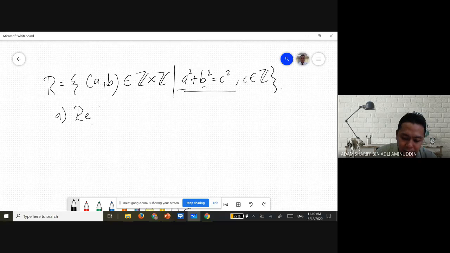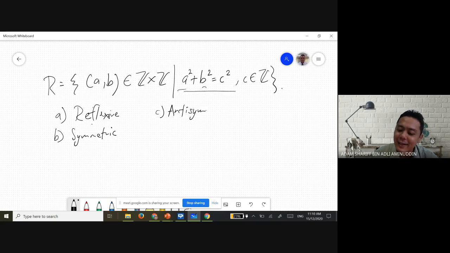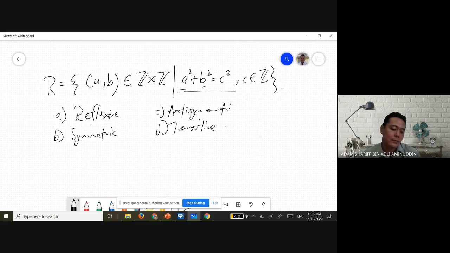Is this Pythagorean theorem reflexive? Is it symmetric? Is it anti-symmetric? And of course, I can ask whether this is transitive or not. Saya boleh, kamu nak saya jawab, saya akan jawab satu je daripada semua ni. Kamu nak saya jawab yang mana? Yang lain saya berjadikan kamu sebagai homework. Maksudnya,